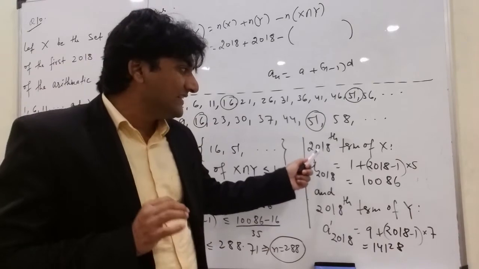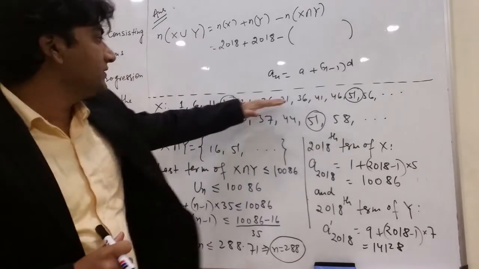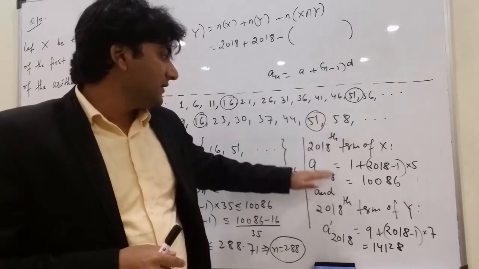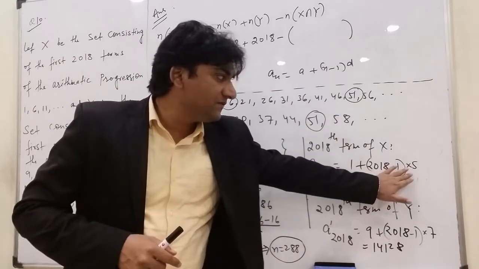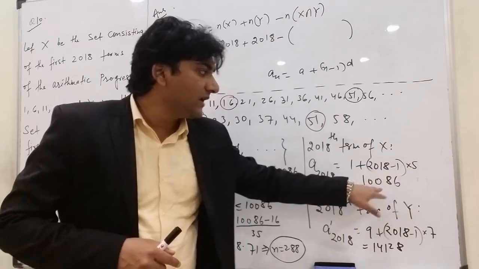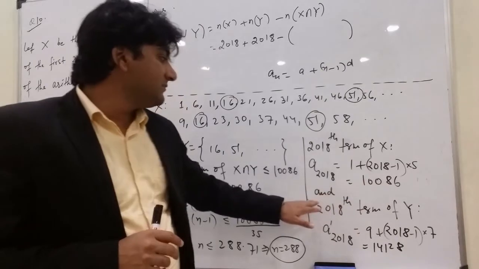Now the 2018th term of X, the last term of set X, is 1 plus (2018 minus 1) times 5, where 5 is the common difference. You can calculate, you will have 10,086. Similarly,